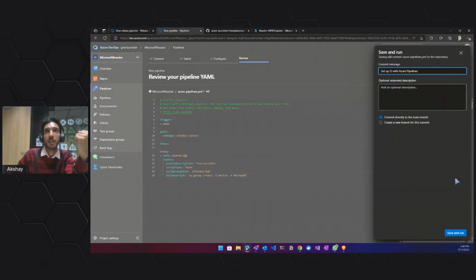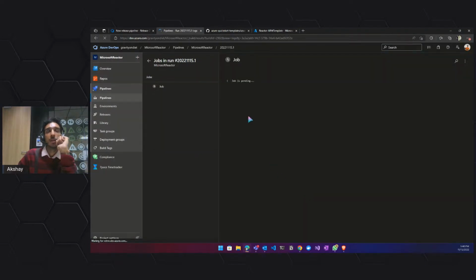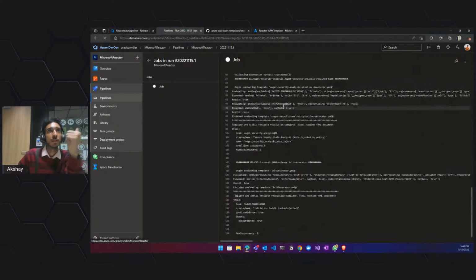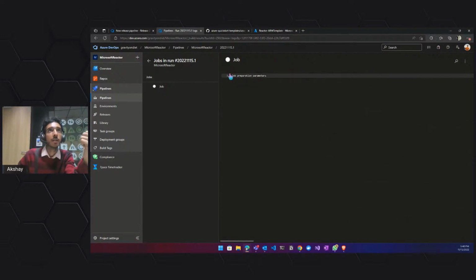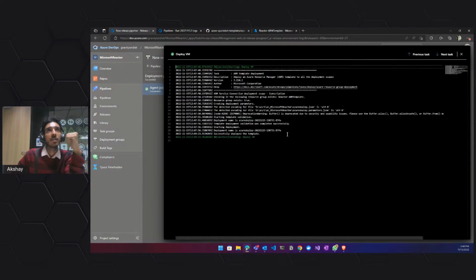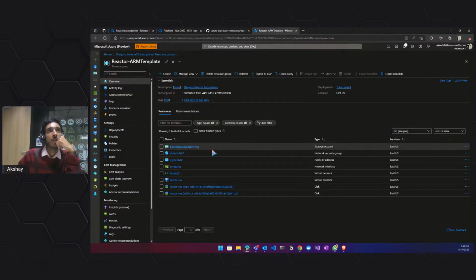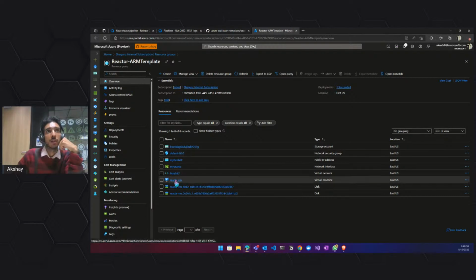We're committing directly to the main branch. We can even create a pull request and then do it. Let's save it here. And you'll see that the pipeline was created. It's the same thing that we see over there. It is evaluating your pipeline. Okay, so this was the release pipeline that we had. The deploy VM has succeeded now. Let's go back to our resource group and you'll see all the resources are here, the way we defined them, the VM and other things. And if you open this,